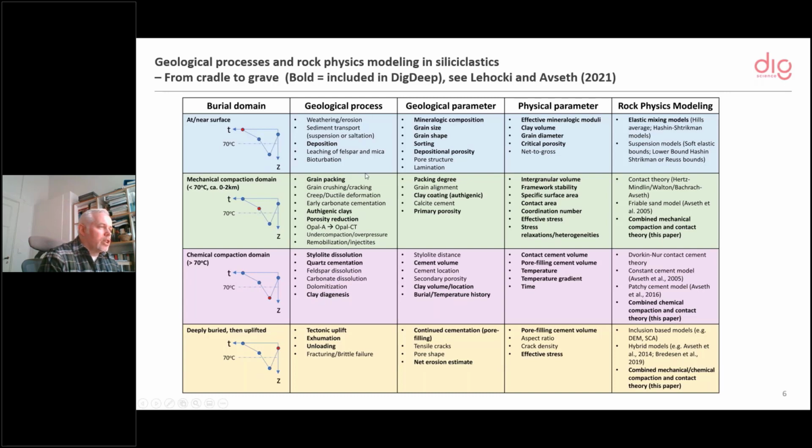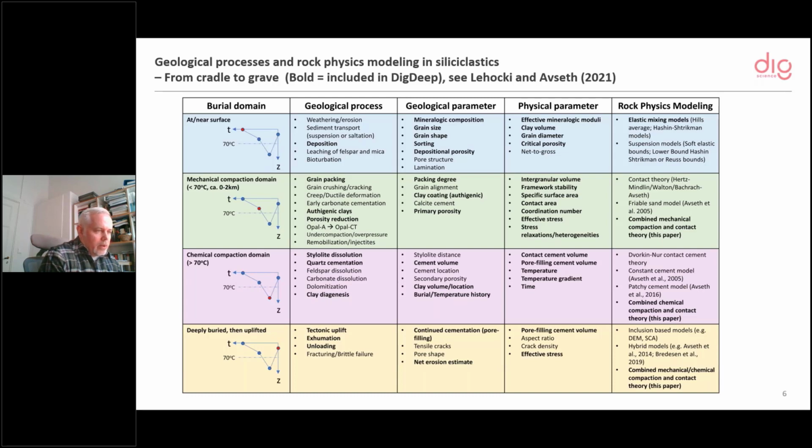Then you have the different geological processes and parameters that are important to honor during these stages, how these are related to physical parameters, and some selected rock physics strategies to model these things. Of course, there are many ways to do this, but these are some of our suggested workflows. Those bolded here are things that we have already done, and there are, of course, things that we haven't captured yet that are important to look at also.